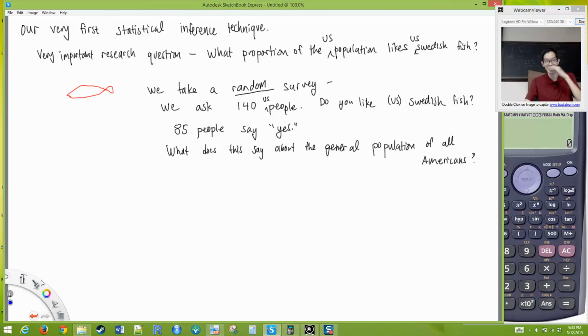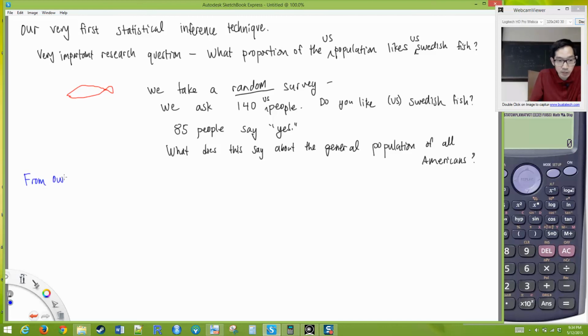Okay, so what does this say about the general population of all Americans? This is basically our setup here. We've taken a random sample. Based on our sample, we want to make a conclusion about the population. That's statistical inference. So what do we know from our sample? From our data,